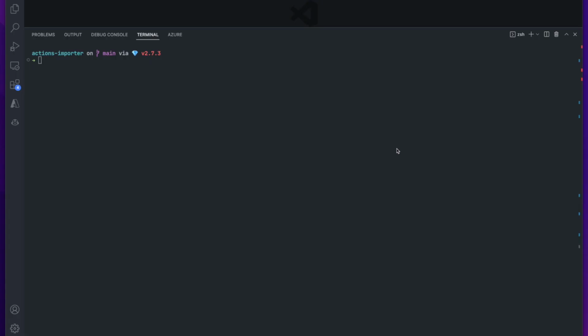So let's see it in action. I'm going to be showing how GitHub Actions Importer can be used to migrate your CircleCI pipelines to GitHub Actions. GitHub Actions Importer is distributed as a Docker image and an extension to the GitHub CLI to interact with that Docker image. The first command that you'll run when you're setting up your environment to perform these migrations is the